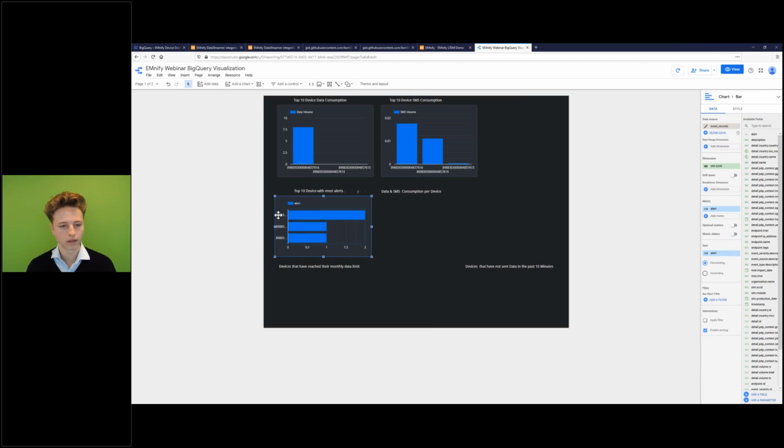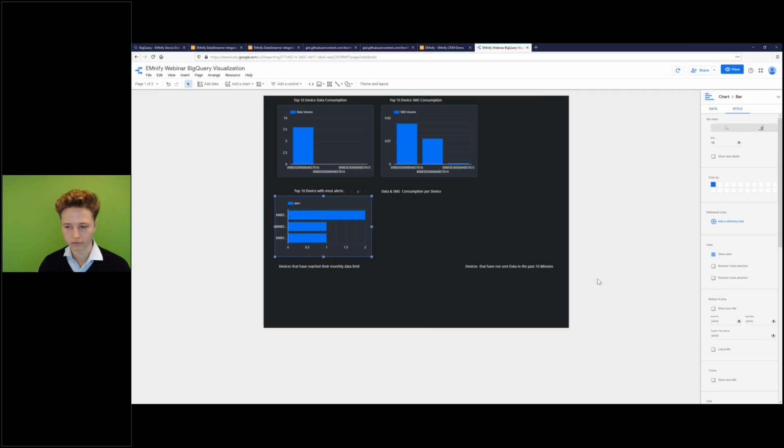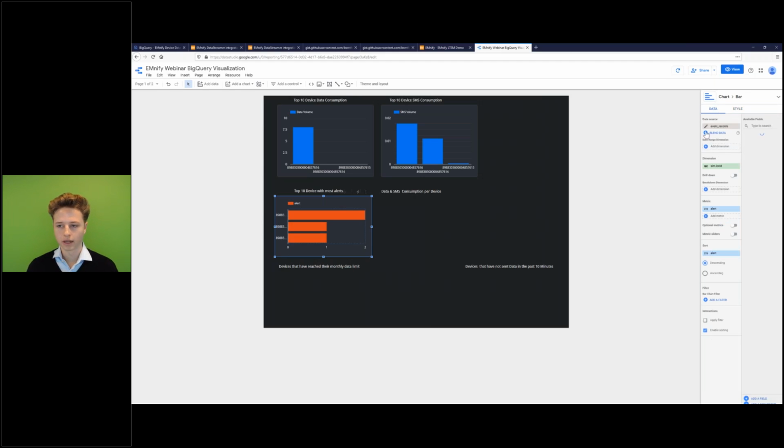And now we see that this device with the sim ICCID has 2 alerts currently, and these 2 have 1 alert. If you want to change the x-axis to make a little more sense, because of course you can't have 0.5 alerts, then you can select or type a custom tick interval for the x-axis. I will set it to 1. Okay, and of course you can also change the color of your graphs and format them however you want.